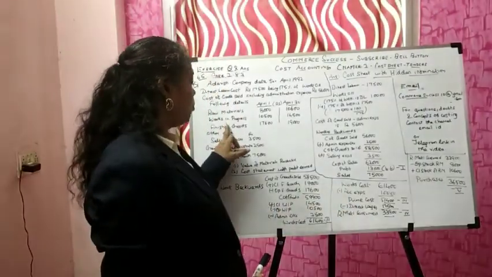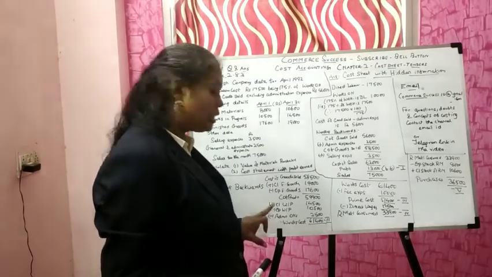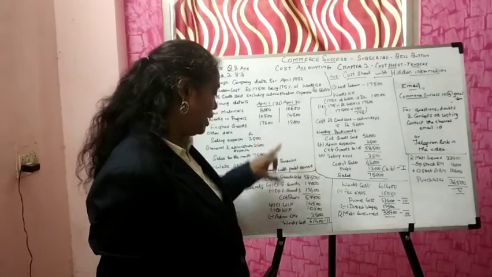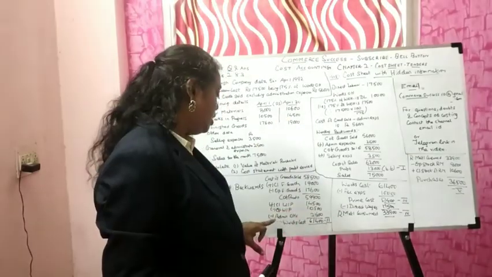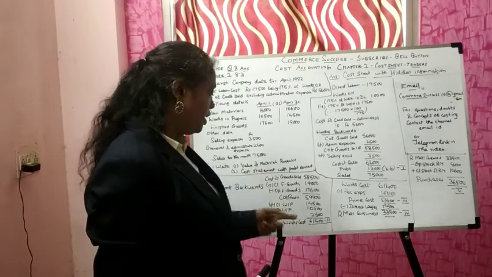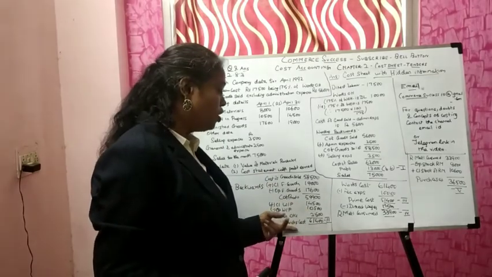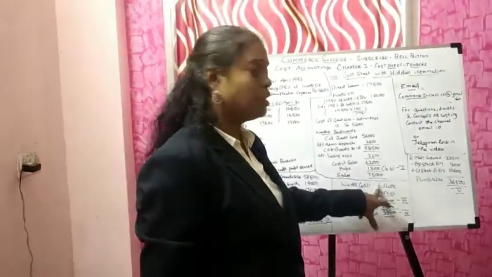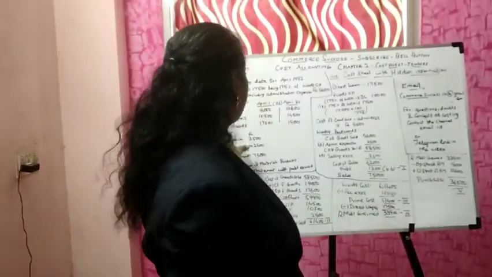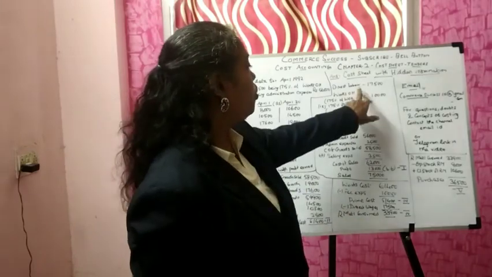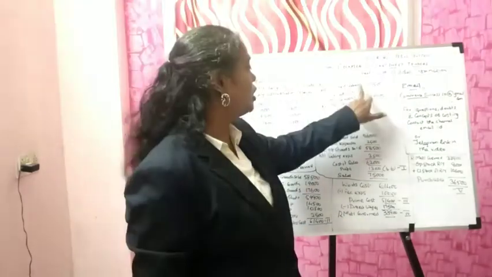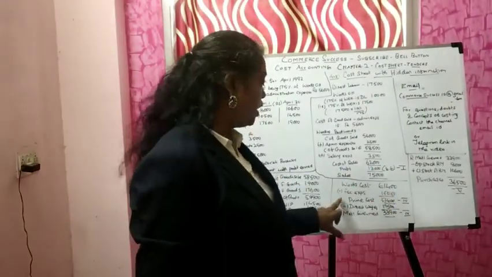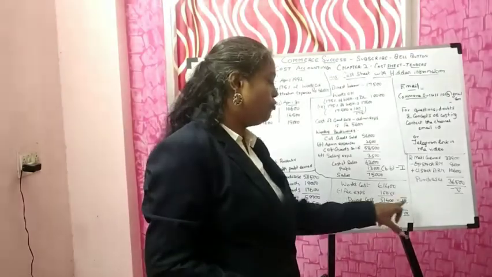Okay, now see the work in progress. Add the closing work in progress less the opening work in progress. Closing work in progress is 14,500, opening is 10,500. Now administration overheads is given as 2,500. So you find the works cost is 61,400. Now from the works cost of 61,400, minus the factory expenses. Works overhead is nothing but the factory expenses, which is 10,000. So minus that, you get the prime cost, which is 51,400.